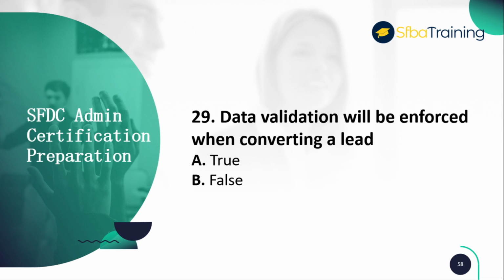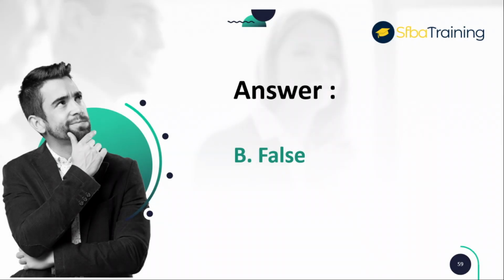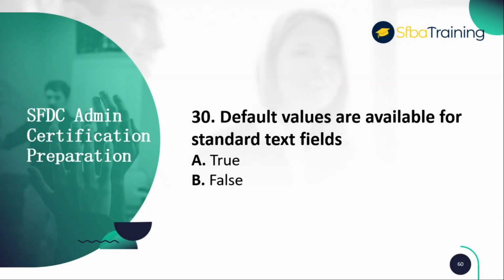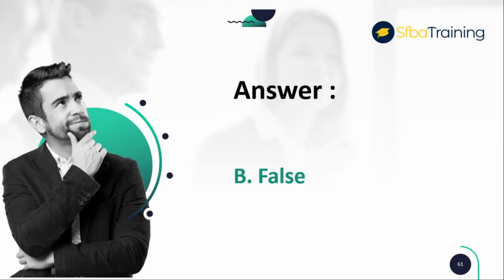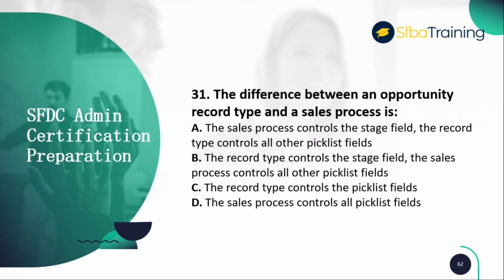A. True. B. False. The answer is B. False. Number 30. Default values are available for standard text fields. A. True. B. False. The answer is B. False. Number 31. The difference between an opportunity record type and a sales process is